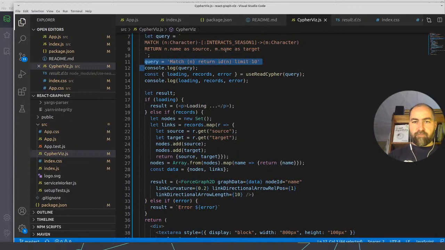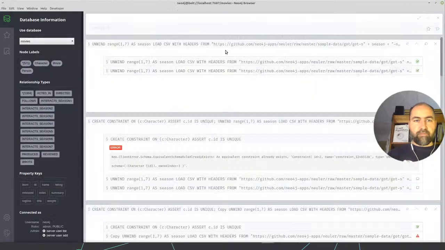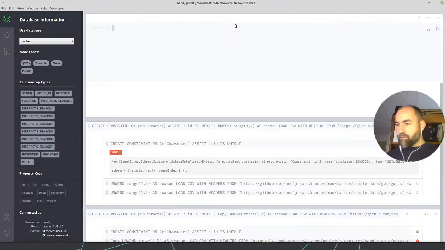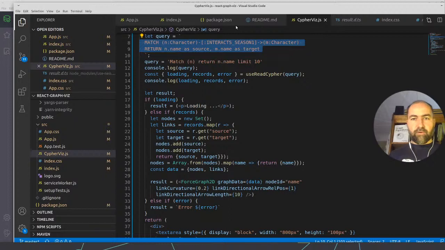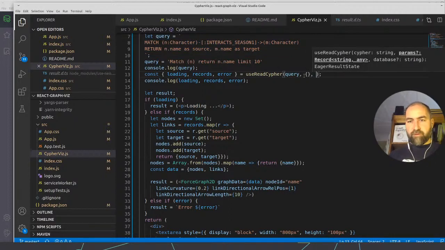So I'm not 100% sure why it does not return any records. So if I do this query again, we can do n.name. Because this stuff should be there, right? So now it's even in the movie database. Okay, Adam said I could also use the database as a parameter here.